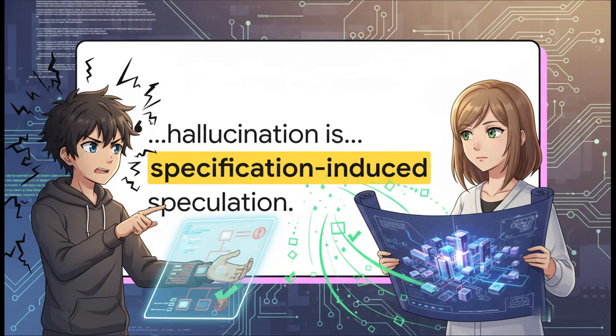Okay, let's just dive right into this paradigm-shifting quote from our source material. This completely flips the script on AI errors. It moves the blame entirely away from the model and puts it directly onto us, on incomplete human specifications. I mean, think about that for a second. If you tell an AI, hey, build me a login page, but you don't actually specify the database architecture, it's going to guess. It isn't hallucinating. It's just filling your blanks with its best guess. The industry calls it hallucination, but what it really is is specification-induced speculation.